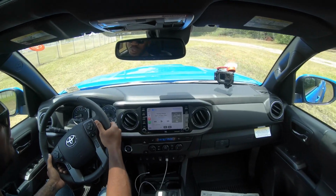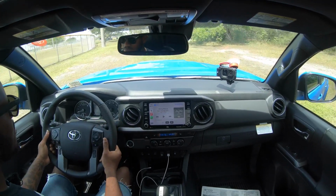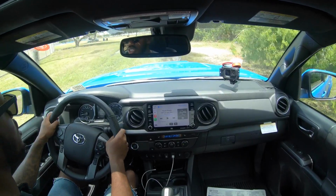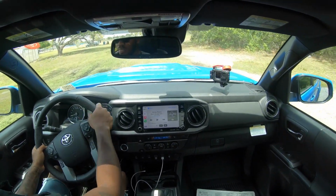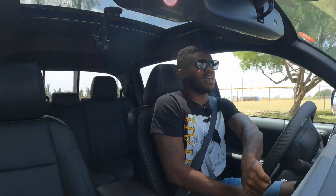South Florida, unfortunately, we don't have any trails, guys, so I can't really take this thing through some trails and whatnot. But there's a couple of puddles here that I can get the truck dirty in a little bit. This truck only offers 9.4 inches of ground clearance, which is pretty decent. I'm not gonna say it's the best,